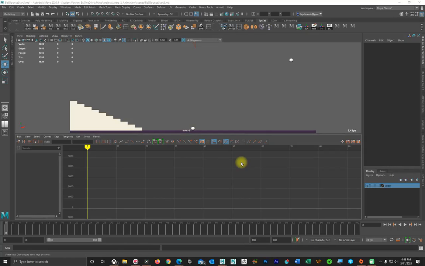Hey guys, so when you're ready to do your Playblast, you might have some problems because everybody has a different computer and different things. So the first one, just to get out of the way real quick, is if you are on a Mac, particularly the ones that were checked out from the school, when you go to do your Playblast,